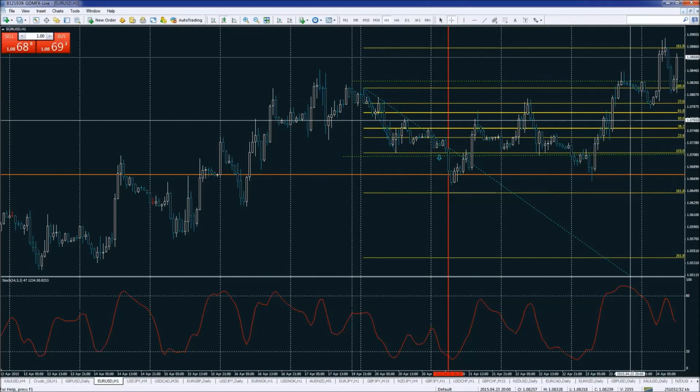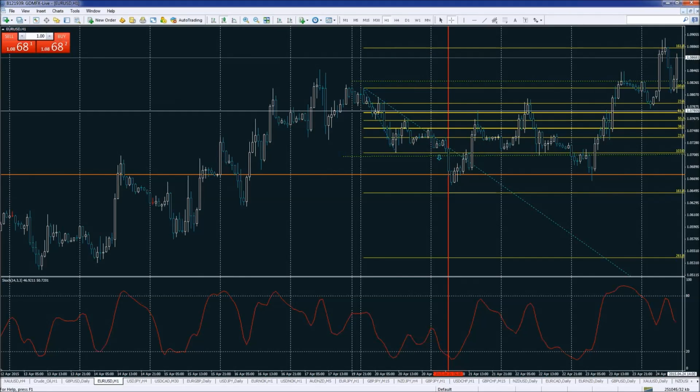As you can see, there's probably some good news here. The euro is trying to push up. For me, this is just a technical retracement, trying to break the 161 level in terms of technical levels. But of course,